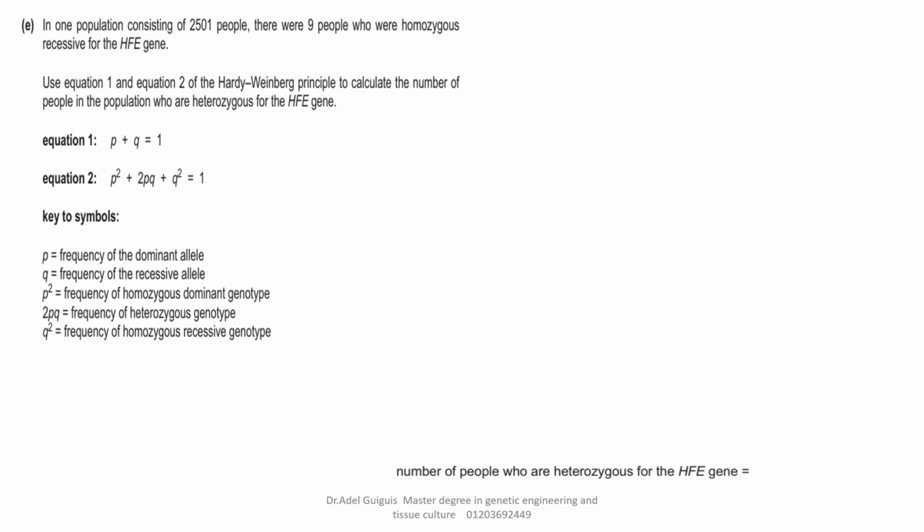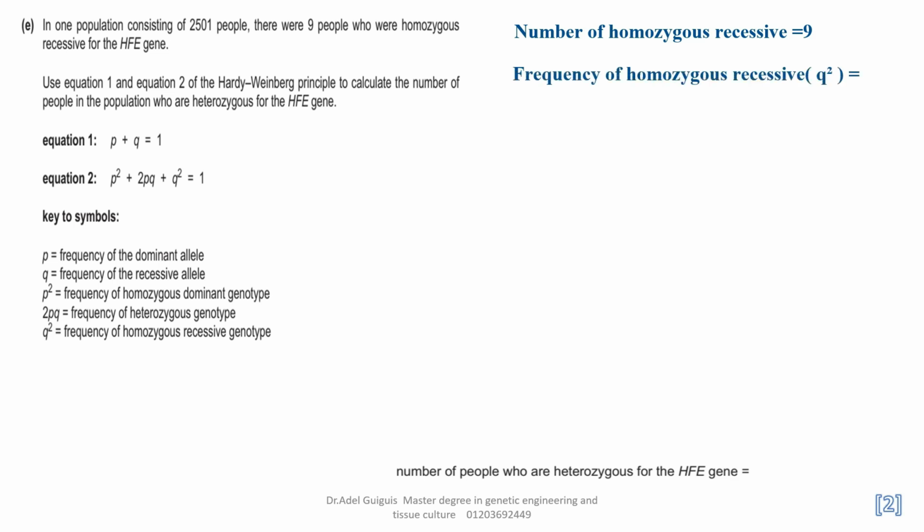9 people were homozygous out of 2,500. This homozygous recessive group means the frequency of them equals what? Look here, the number of homozygous recessive individuals equals 9. The frequency of homozygous recessive, I mean Q square, equals 9 over 2,500, which equals 0.0036. What about Q? To obtain Q we take the square root of this figure, then